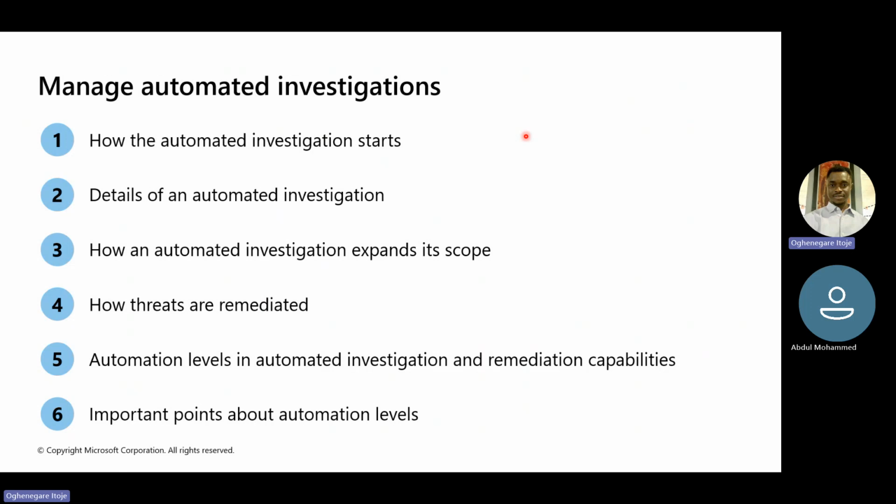Let's quickly jump into, before we look at the number 5. Okay, let's look at automation levels in automated investigation and remediation capability. Now, for automated investigation and remediation capability in Microsoft Defender for Endpoint, it can be configured to one of several levels of automation. So your automation levels affect whether remediation actions following the AIR investigations are taken automatically